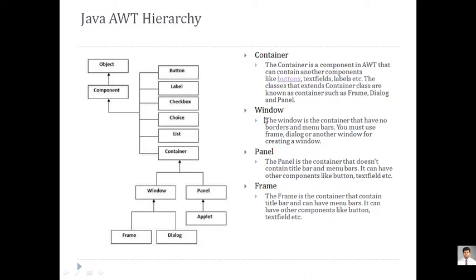Now basically, Windows contains a separate class called a frame. So we'll talk about the frame. The frame is a container that contains a title bar and can have a menu bar also. But here we have to create the menu bar. You can create a menu bar in a frame directly, but you cannot get a ready-made menu bar in Windows. So Windows cannot be used directly; frames will be used instead. Keep in mind that panels don't contain a title bar and menu bar, whereas a frame contains a title bar and can have a menu bar also. So you can add those things into it. In a panel, you cannot add a menu bar directly.